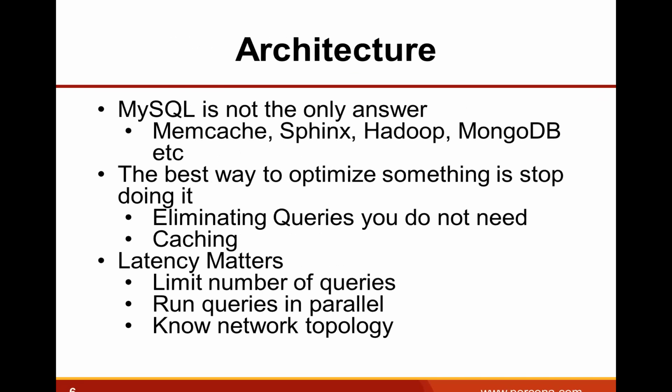It also helps to know network topology, right? Because we may be thinking about the network as something fast, but in fact, it can be a very limiting factor if you have a significant number of queries. And changing, for example, from a web server talking to a database server with a single hop to some more complicated environments where you have to go through several hops and routers, which all introduce latency, the difference in performance may be very significant.